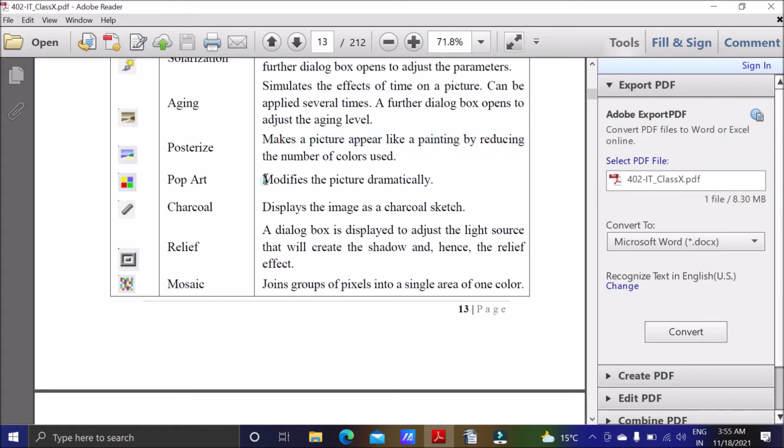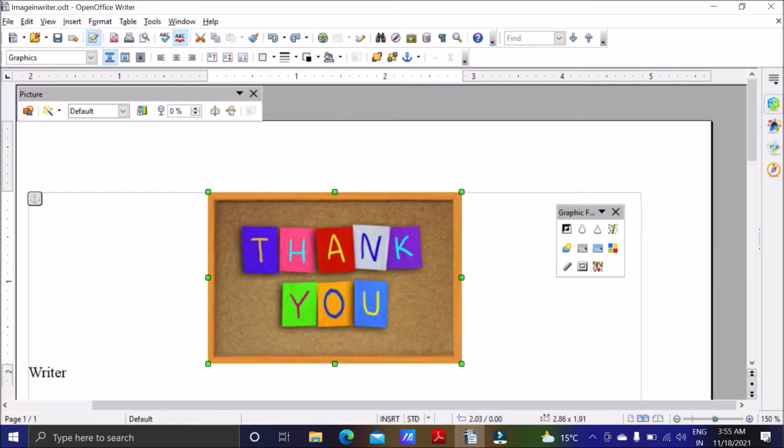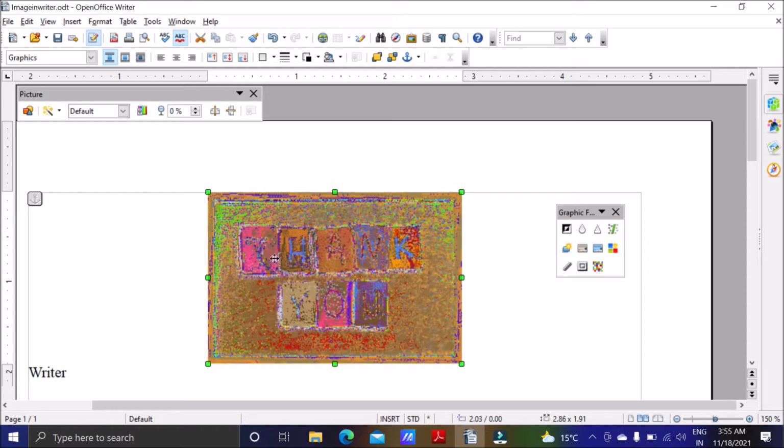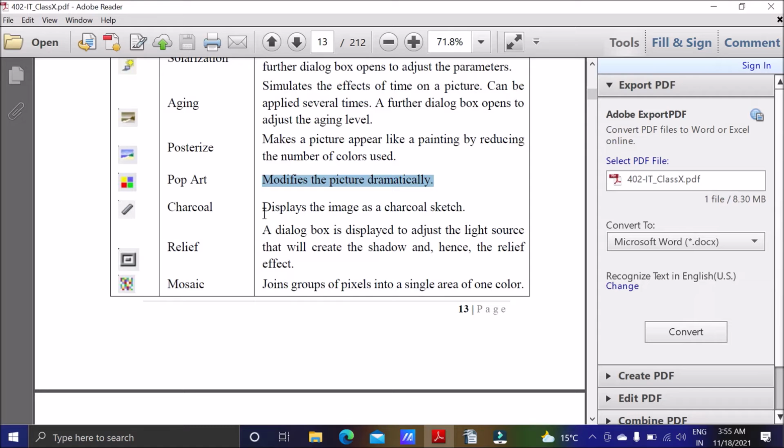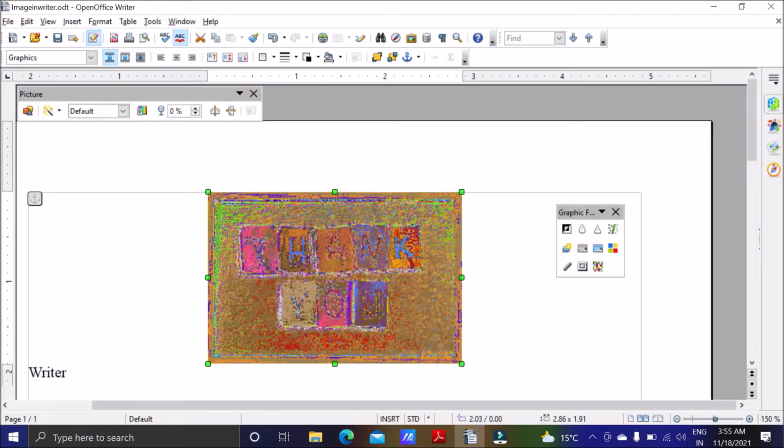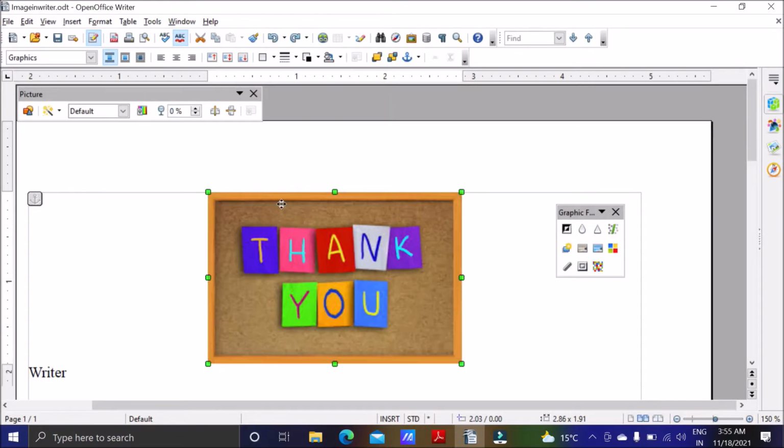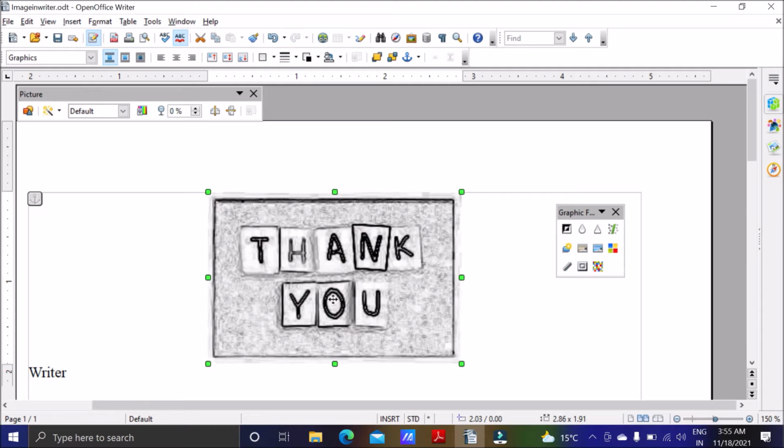Pop art, it modifies the picture. Let's go for pop art also. Okay, next we have charcoal effect. It will display the image as a charcoal sketch, as if someone has sketched the image. So go for charcoal, it will appear as if someone has made the sketch out of the image.